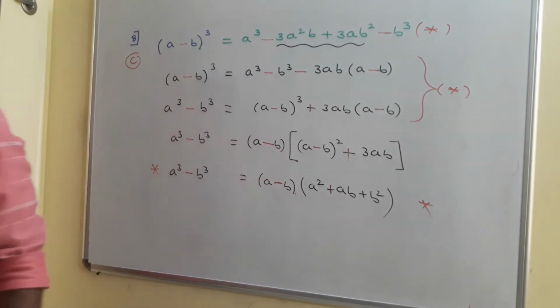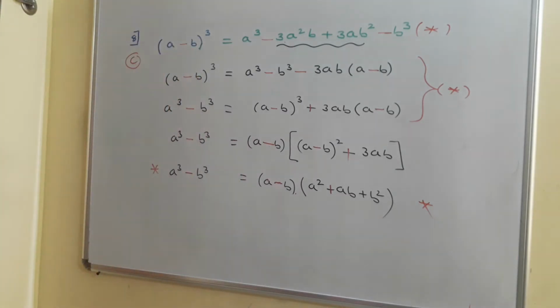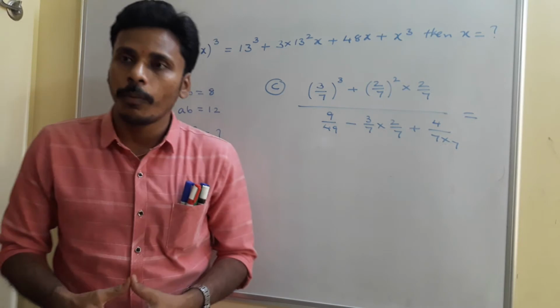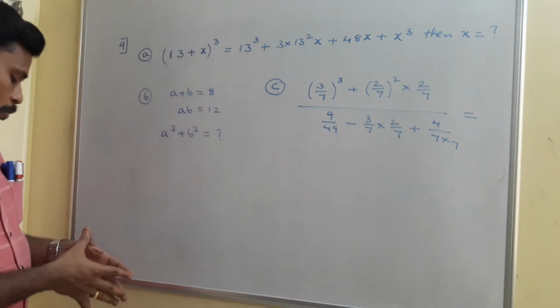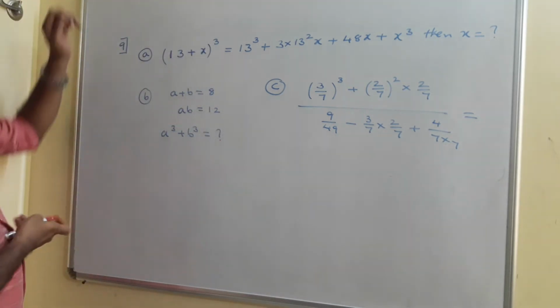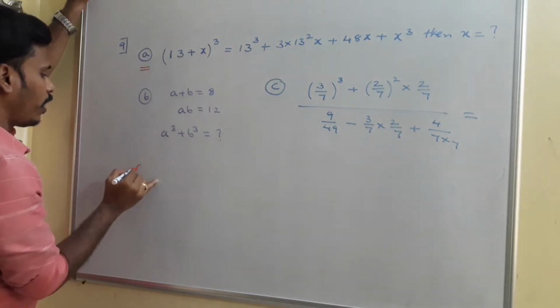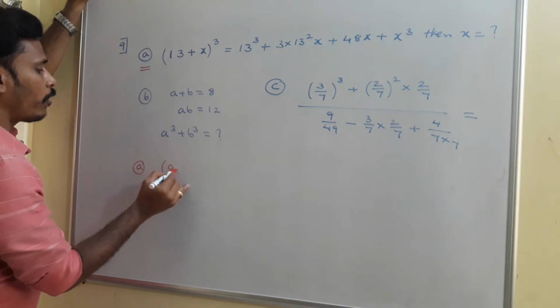Just have a look at the screenshot. There are three problems on the board: 9a, 9b, 9c. You just look at all those three problems. For (a+b)^3, as I mentioned in 8, there are three different formulas, and those three different formulas are helpful in solving these three problems. First of all, pay your attention on 8a. For this, you need to identify this particular formula.